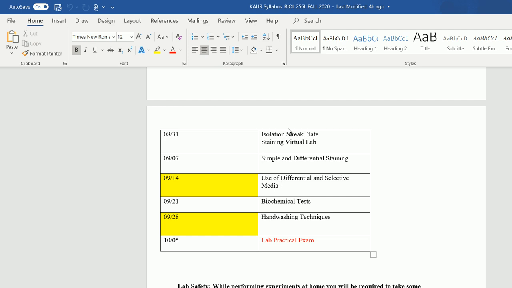For some of the labs, I do have the virtual labs where you actually go on computer and perform things. And for some of the labs, I will be posting some videos where you can actually watch how to perform these labs. And again, after every week there will be a quiz. So here we do the simple and differential staining, use of differential and selective medium. There are some biochemical tests and hand washing techniques. So we will be using the Carolina kit up to here, and after that I will be providing you some